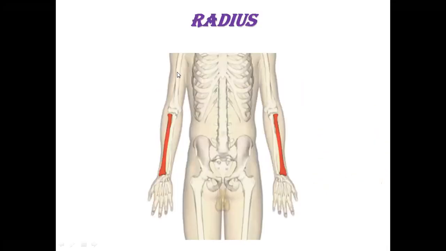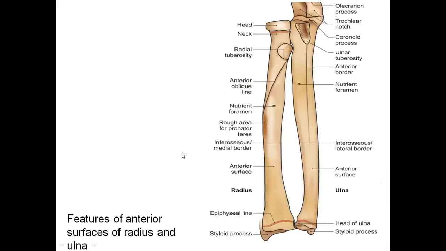Here this picture further clarifies: in the arm we have only one bone, that is the humerus, and in the forearm we have two bones, one is the radius and the other is the ulna. Radius is the lateral bone and ulna is the medial bone. Now to check the features of the radius, what are the various things we have? It has a head, immediately below the head we have the neck. Of course it is a long bone, like any other long bone, it also has an upper end, shaft, and then we have the lower end.